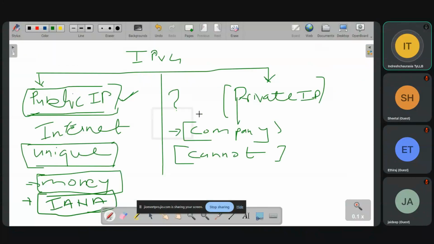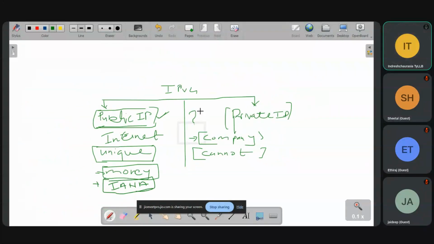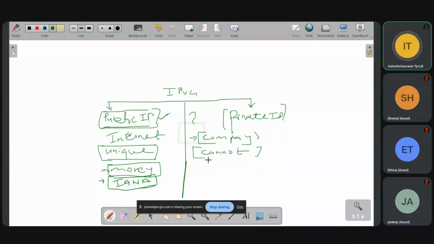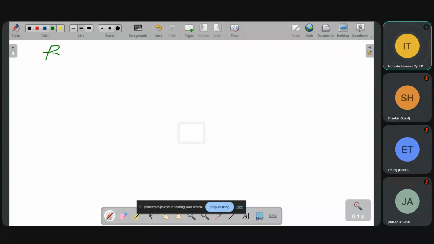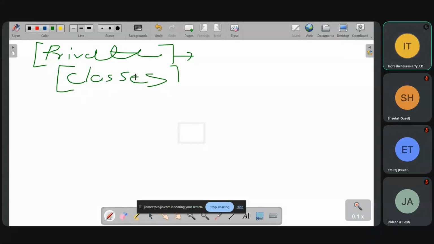And now, when we talk about private IP addresses, it is divided into three numbers. So, what are the three numbers? Now we are going to see private IP addresses. Again, when we are studying private IP addresses, before that, IP address is divided into classes. Remember this for us, for the normal people.